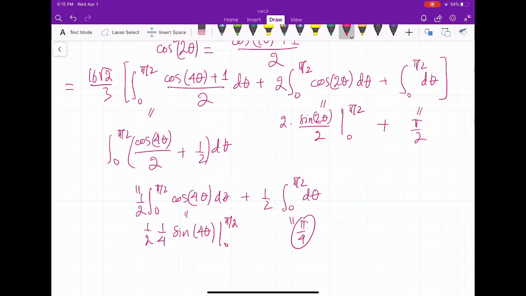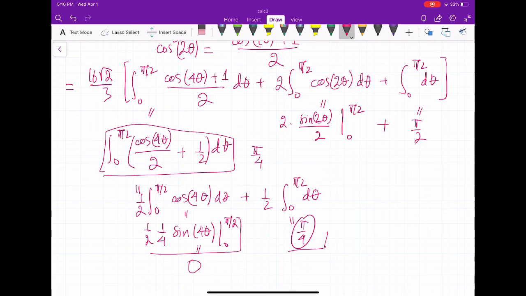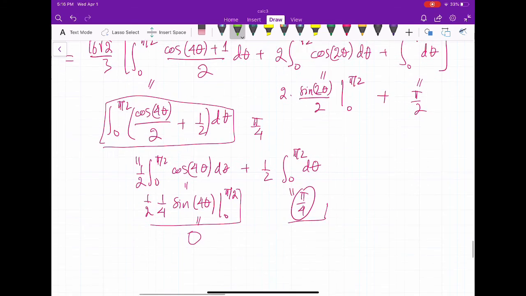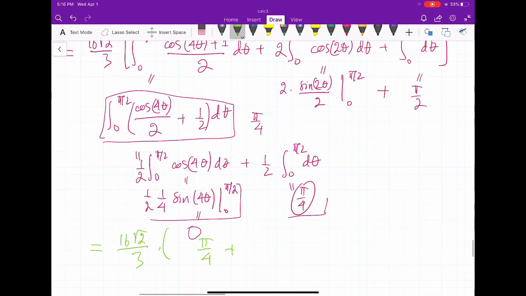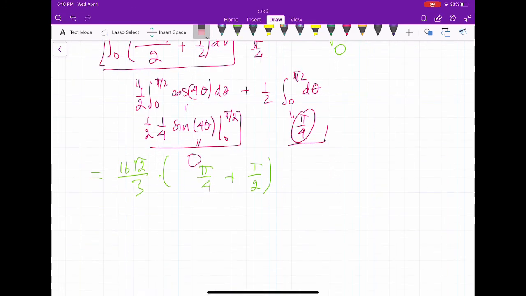You see? And now, what is this? So you just plug pi over 2 and 0 into this, you get 0 right here, which is good. This is just pi over 4 overall. This integral is just pi over 4, right? So you compile everything, you get the following one. The answer is 16 square root of 2 over 3 times pi over 4 plus, so you plug pi over 2 and 0 into this, you also get 0. Perfect, plus pi over 2, which is equal to